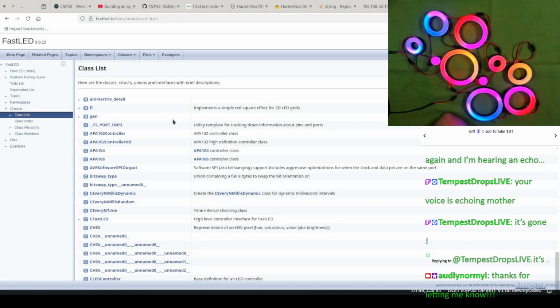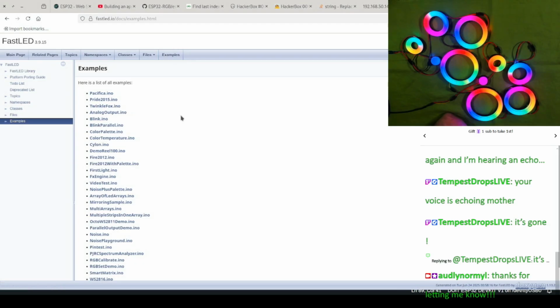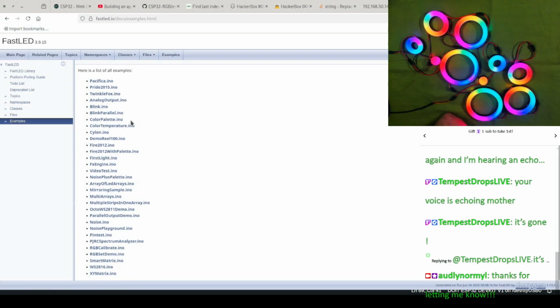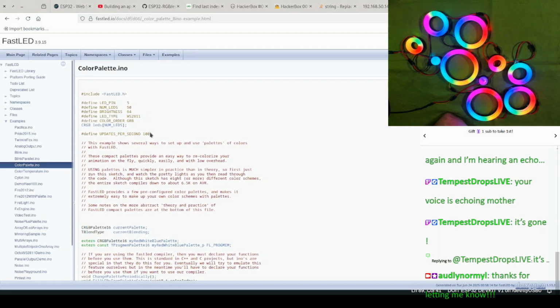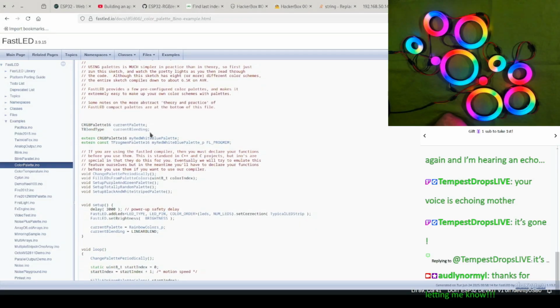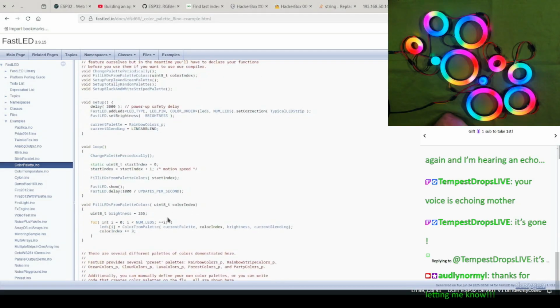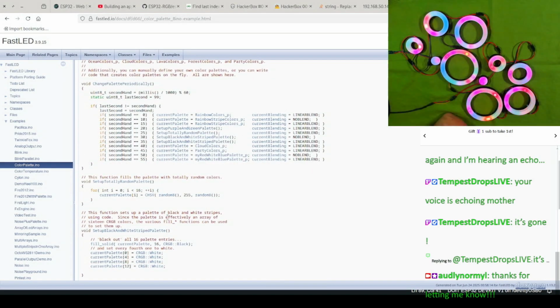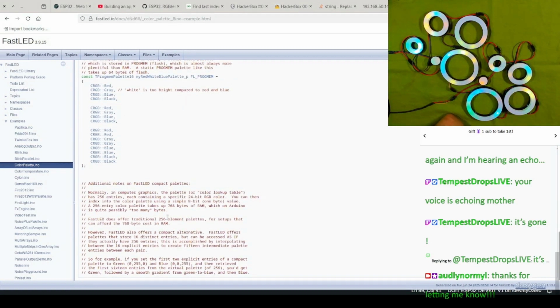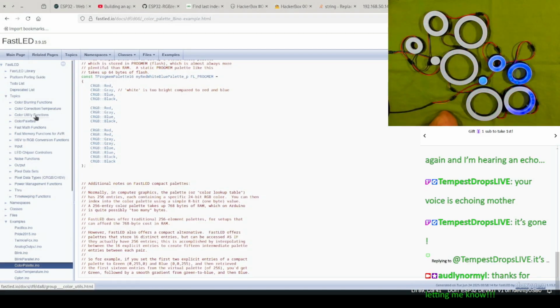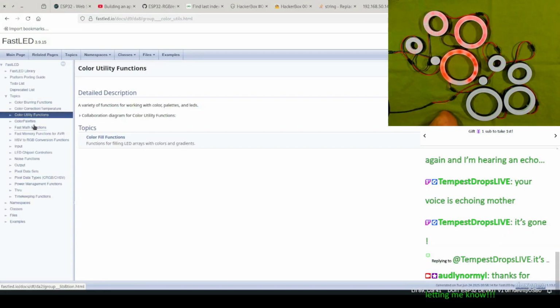Class list. Good thing they didn't make it exhaustive. Okay, so fill LEDs. I wish there was, I can't really find concise documentation right now. Color utility functions. There we go.